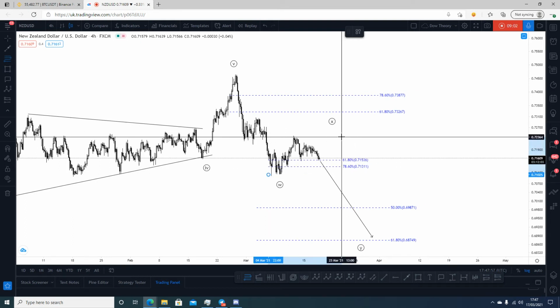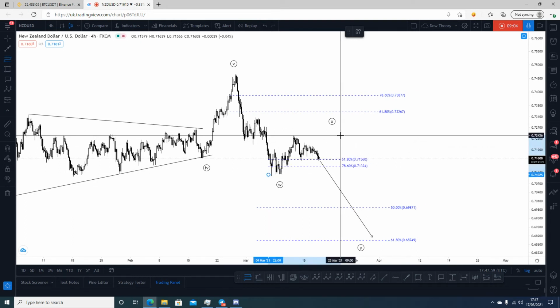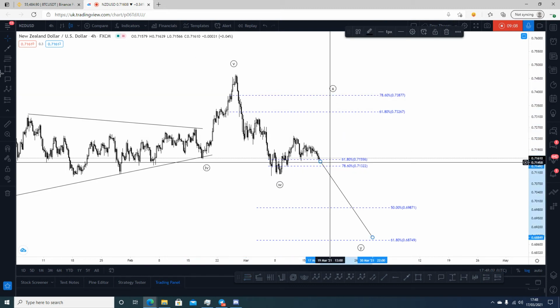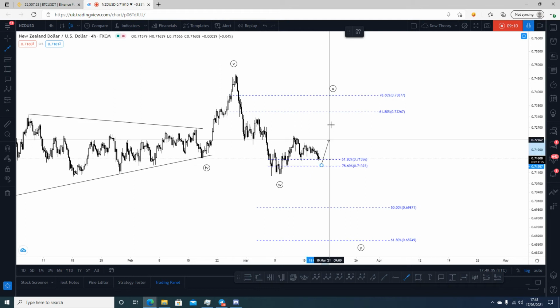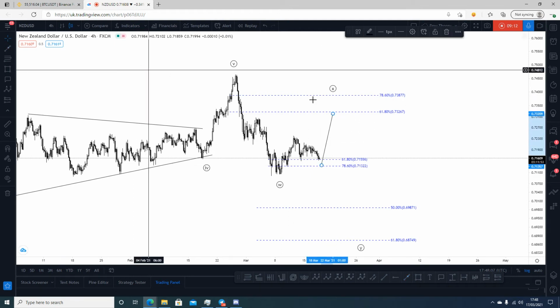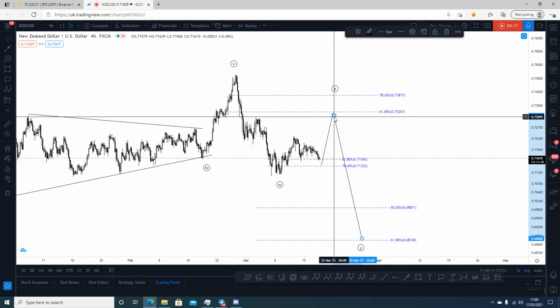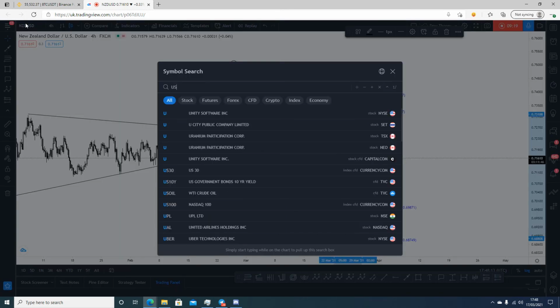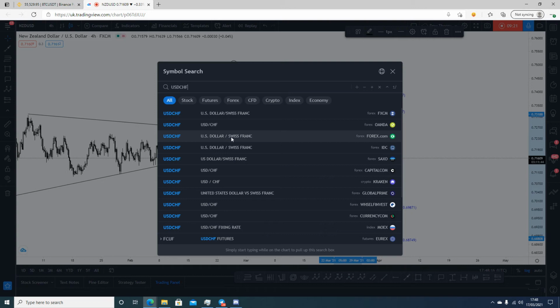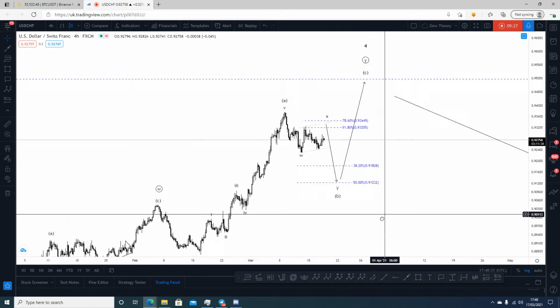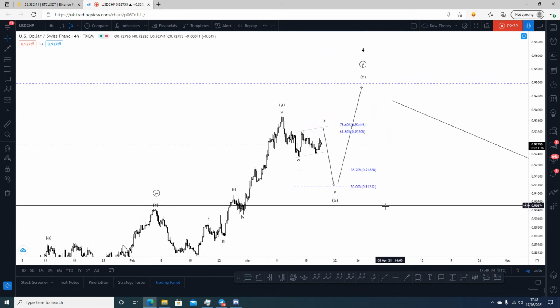We're looking at a similar sequence here for the majority of dollar majors, and we could see the same kind of move manifest, right? Move up, move down, right? Just like that. Move up, move down, right? And then we have the likes of USD Swiss franc as well. So I've done some analysis on all dollar majors just in case we see an entirely different perspective.